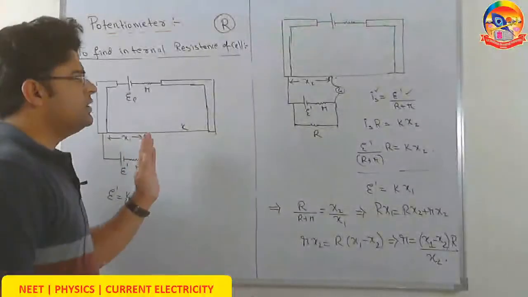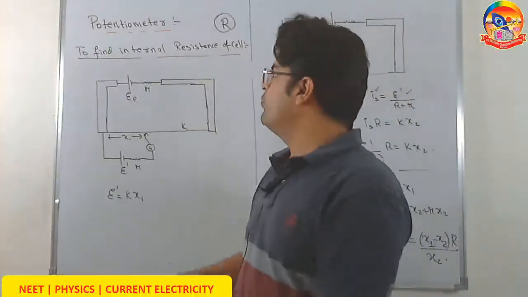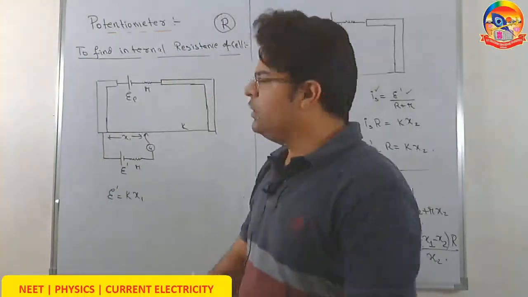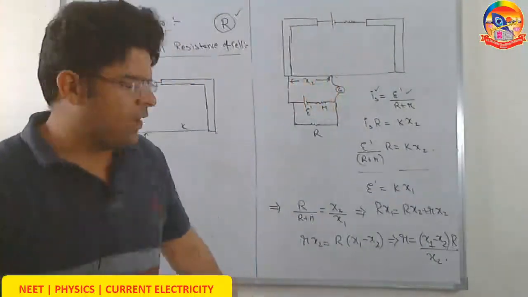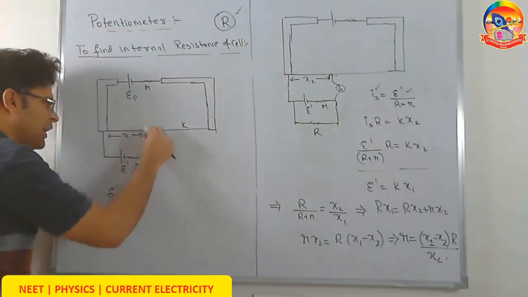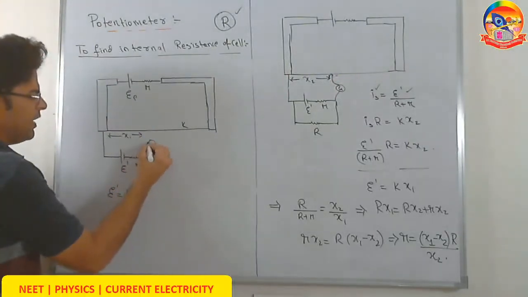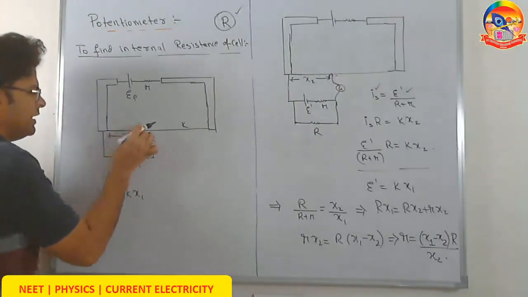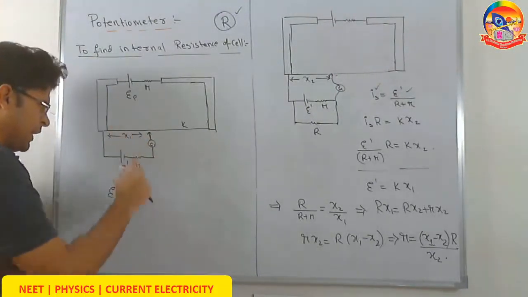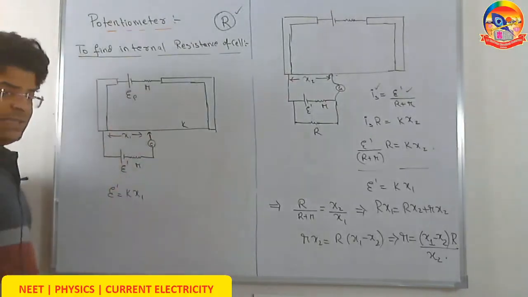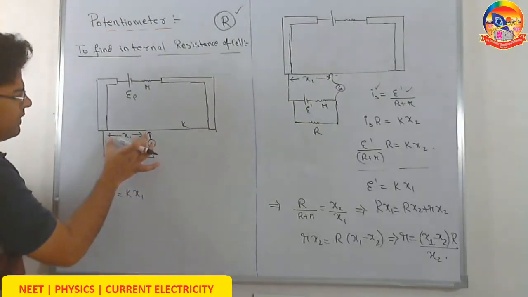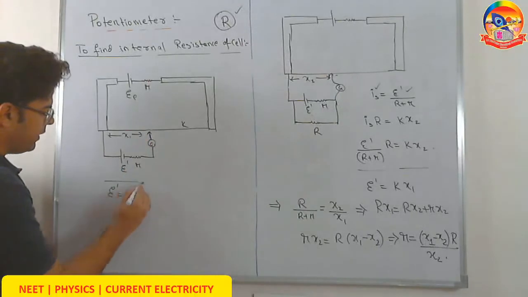Now the last usage of the potentiometer, which is the most important one, is to find the internal resistance of a cell. How to find the internal resistance of a cell using a known resistance, let's say capital R. First, we take the cell, do not use the known resistance, and we balance the cell across the potentiometer wire. We connect it with a galvanometer, move the jockey, and let's say the balance length comes out to be x1. When we get the balance length x1, no current flows through the galvanometer. So the potential drop across this cell has to be equal to its EMF, let's call it E dash. So the potential drop here equals the potential drop in a length x1. So E dash equals k x1.